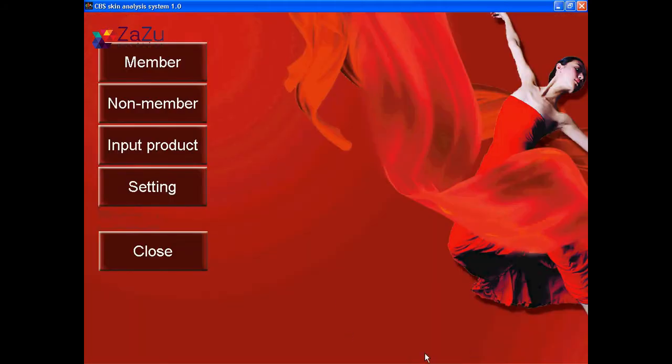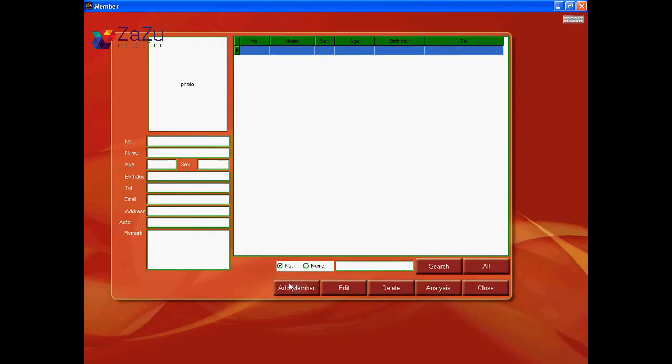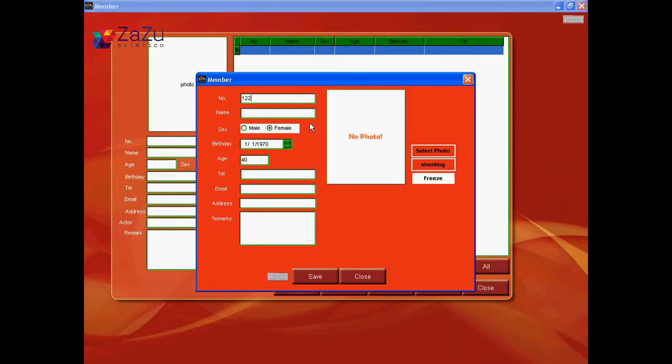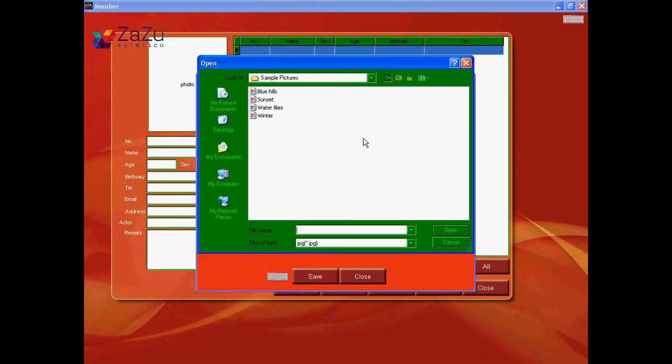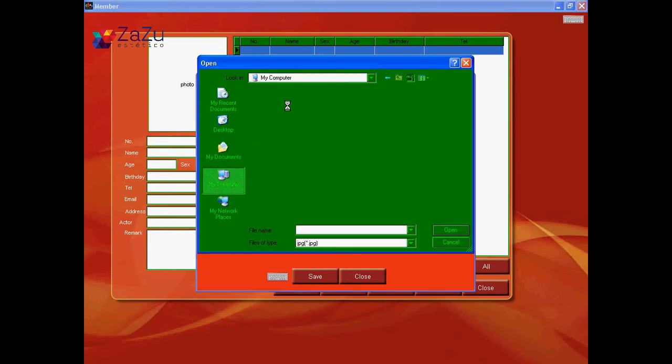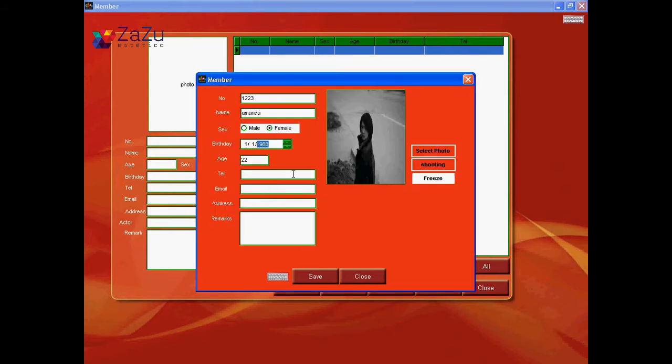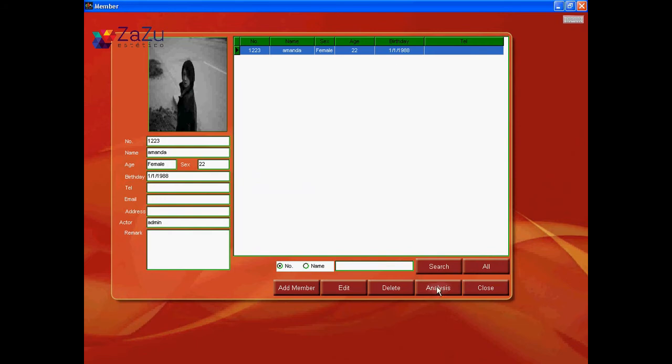Now I will test myself as your member. Okay, add member, number 1, 2, 3, and name, and sex, female, and birthday 1988, and telephone, email address, remarks. Okay, photo, select photo, my computer, select a photo of mine, and save. Now you can start analysis,